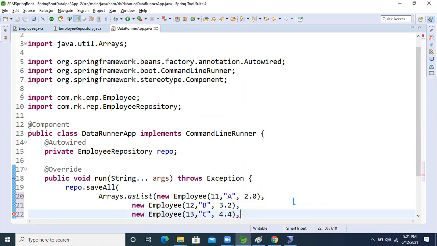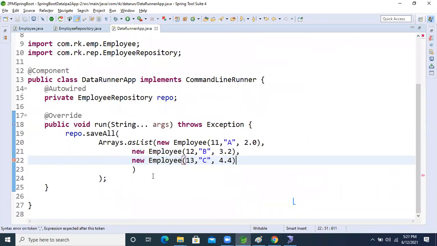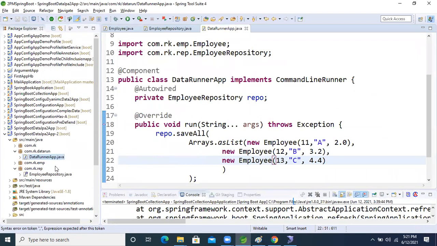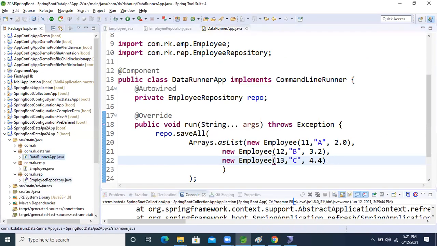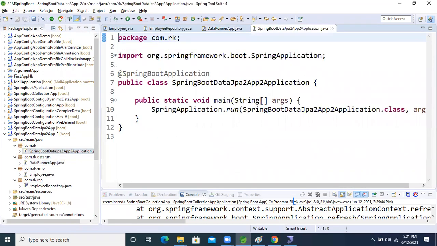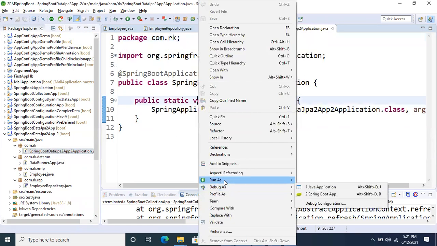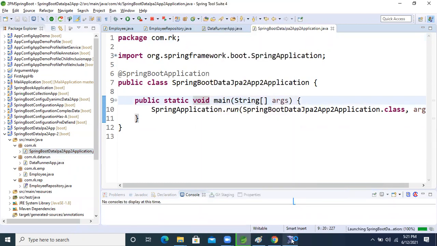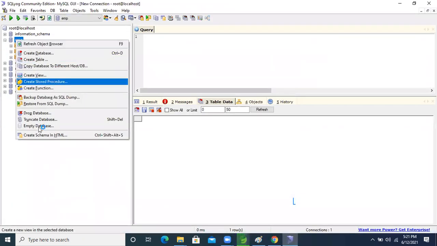Okay. Let's run the application now. Come in the database.